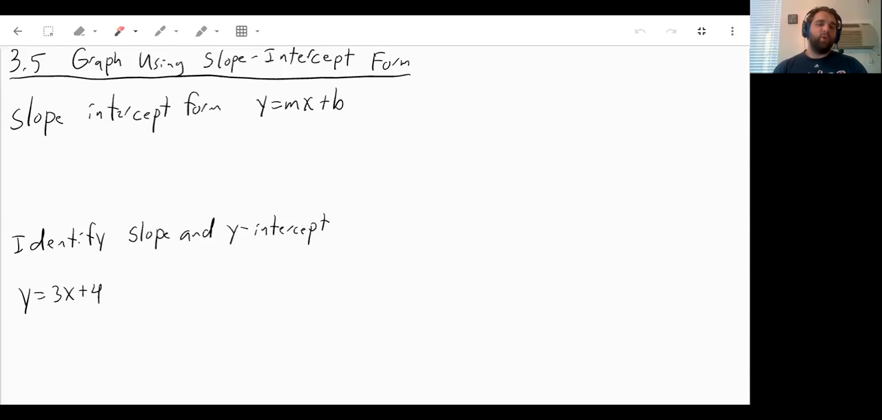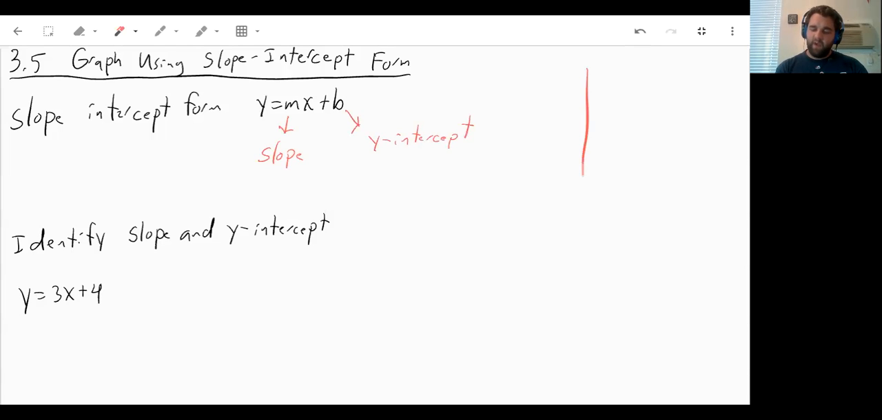Welcome to section 3.5, graph using slope-intercept form. Now I know you've used slope-intercept form before because that's the form of a line that says y equals mx plus b. And what does that mean? Well, m, that's your slope, which is exactly what you were solving for last section. Your b is your y-intercept,